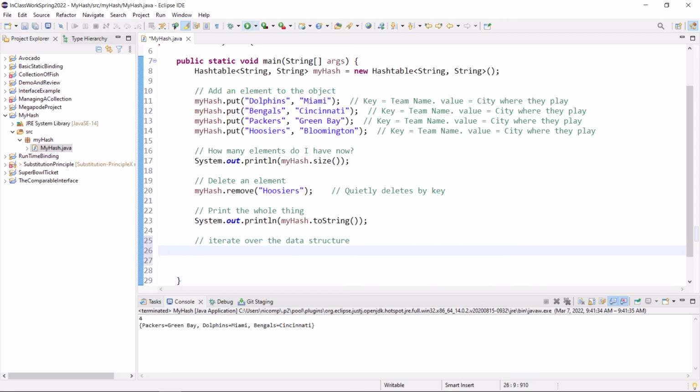Eventually it's going to come down to that. At least in my experience, every data structure at some point, sooner or later, you've got to iterate over it. And even if I don't care what order it's in, I can't control the order, I still want to iterate, and that's going to be an enhanced for loop.